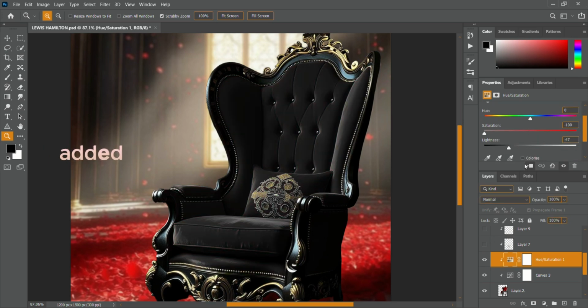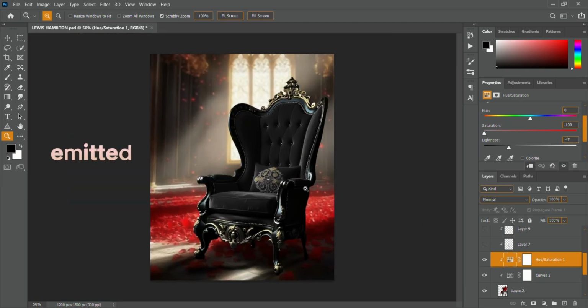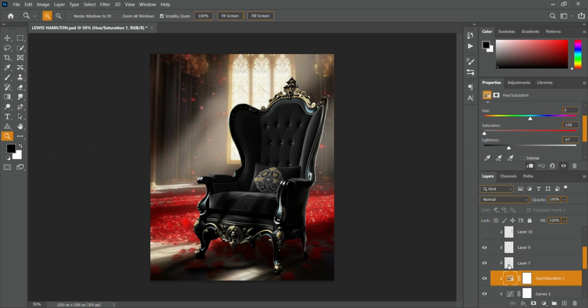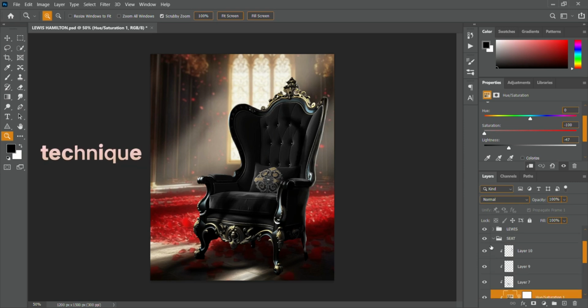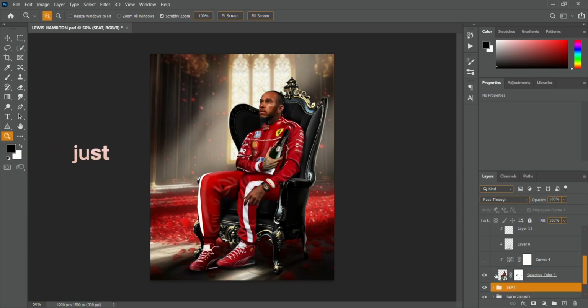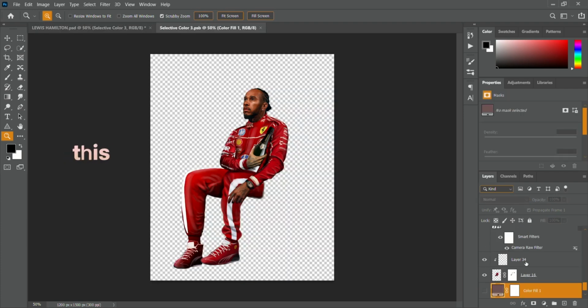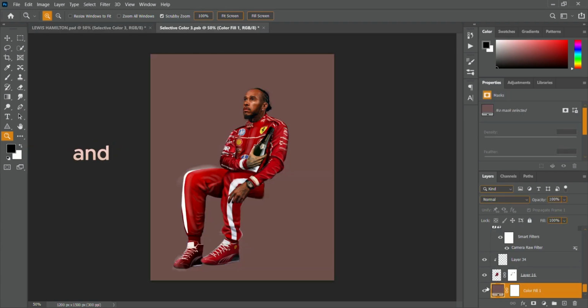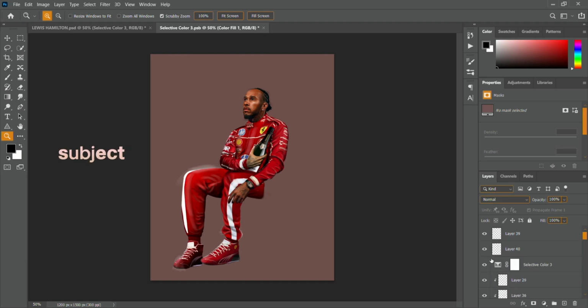Later on, I just added some shadows, which will be the shadows emitted by our main subject. You can use whichever technique you need to add shadows, but I just preferred a normal layer blending mode with just painting on black. As this completes our background and the royal seat, it's time for the main subject, Lewis